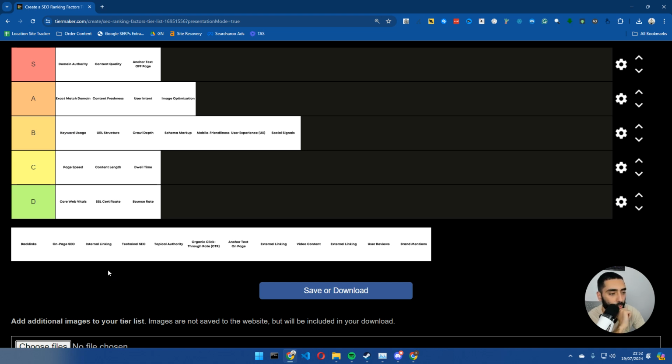We then have got on-page SEO, and on-page SEO is obviously just writing. It kind of goes hand in hand with good content, but it's probably more overall. What I mean by that is making certain that your images are optimized, making certain that you have got a good internal linking strategy. Just overall, I'm going to put this in the S category.